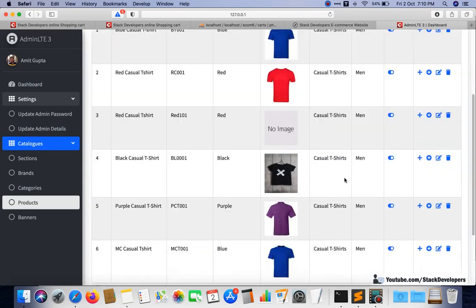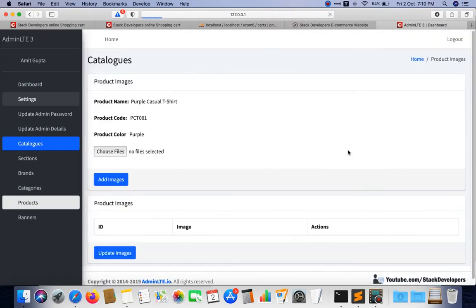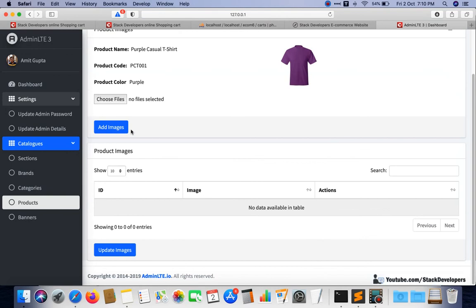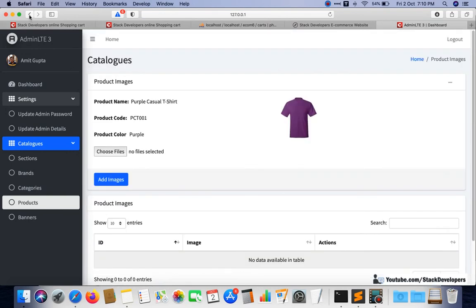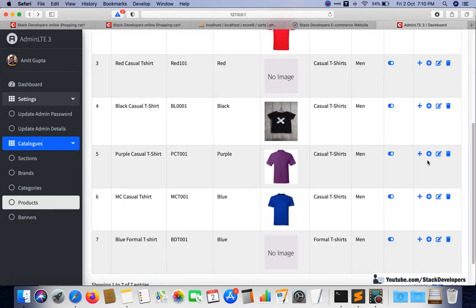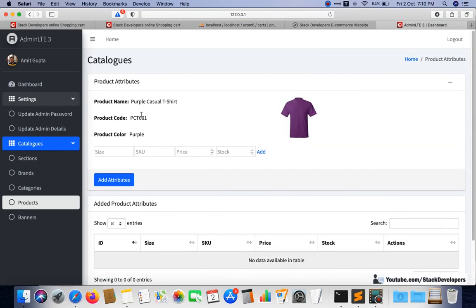So add a few sizes. For this one we will add, these are the images and these are the sizes, so I will add a few: small, sorry, this is the scale. Make sure that you add them correctly.